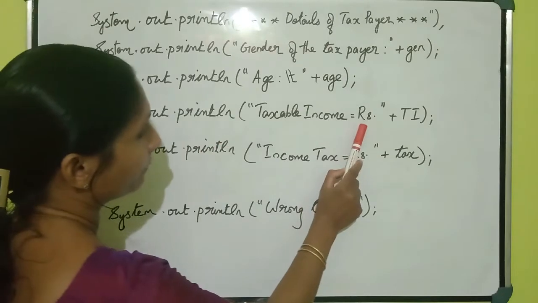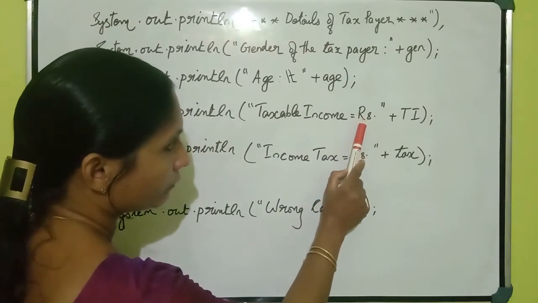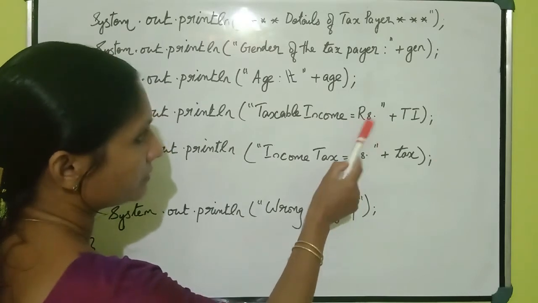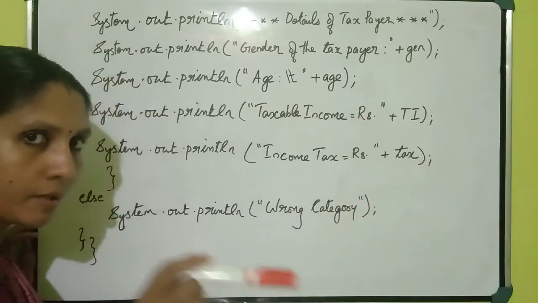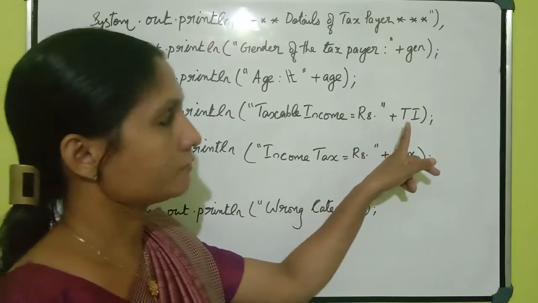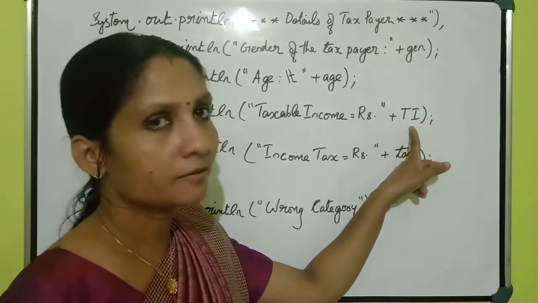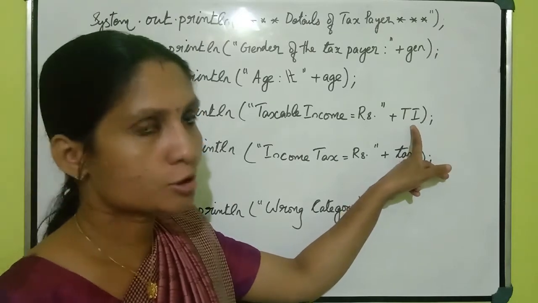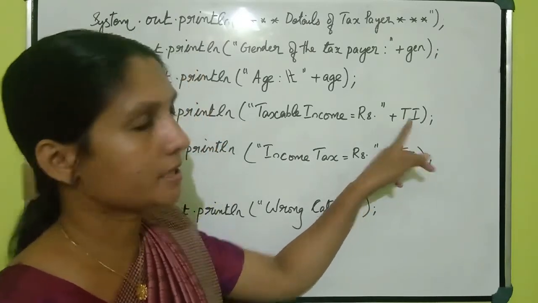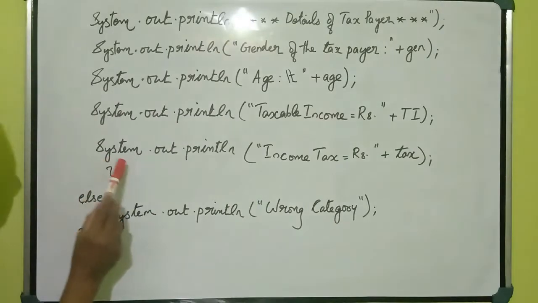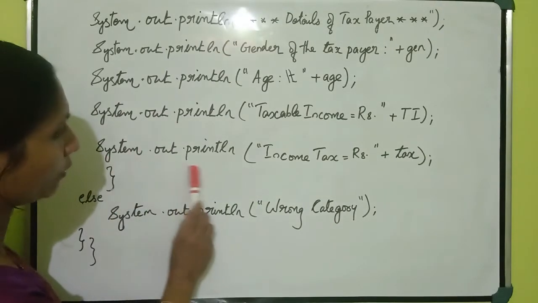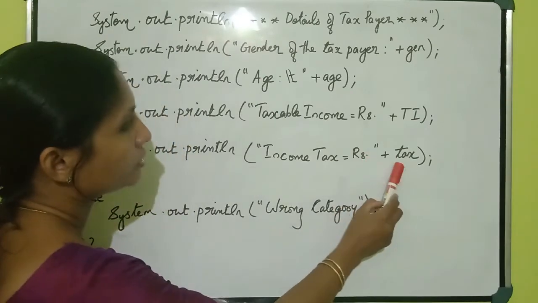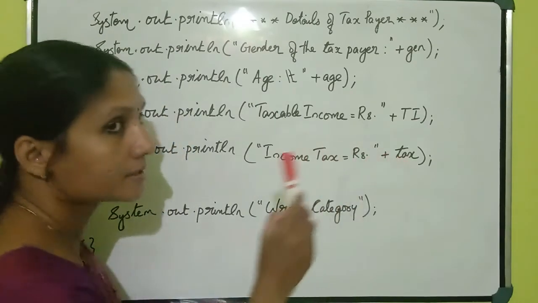Because of that, I have given like this. System.out.println taxable income. Instead of this one you can use the rupees symbol or this RS. If you want to enter that rupees symbol, if it is available on the keyboard, you can use that instead. Then the TI variable we used, we entered taxable income. Then you should use TI here without inverted commas. Close the bracket. Next statement, System.out.println income tax. Here also I have given RS. Then from which variable will we get tax?